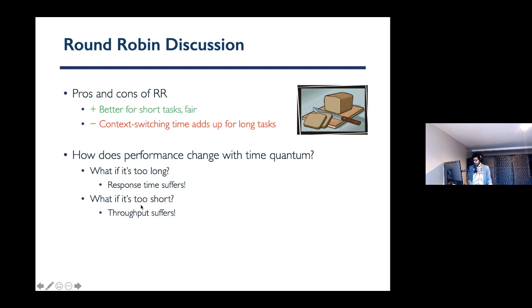Why is there bread on the screen? A good question. It's kind of like each one of us gets a slice, and the length of each slice is basically the time quantum. So it's supposed to make it understandable, but it feels like it's not. Anyways,